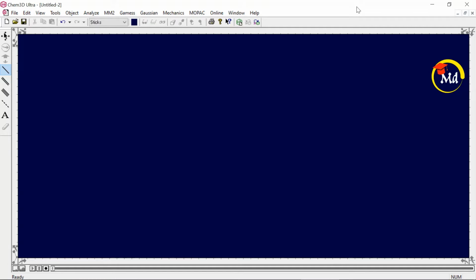So you can see this is the home page of Chem 3D Ultra, and what we can do with Chem 3D Ultra. The basic thing is that using Chem 3D Ultra we can generate 3D models. Like in ChemDraw Ultra we generated a 2D model of molecules, or we had sketched those molecules. Now in Chem 3D Ultra we will see a new form, that is we will see it in terms of bonds, in terms of ball and stick models, in terms of wireframe model, in terms of van der Waals radius. We visualize structures through various angles and each and every respect. Chem 3D Ultra provides you a better visualization of molecules or structures.